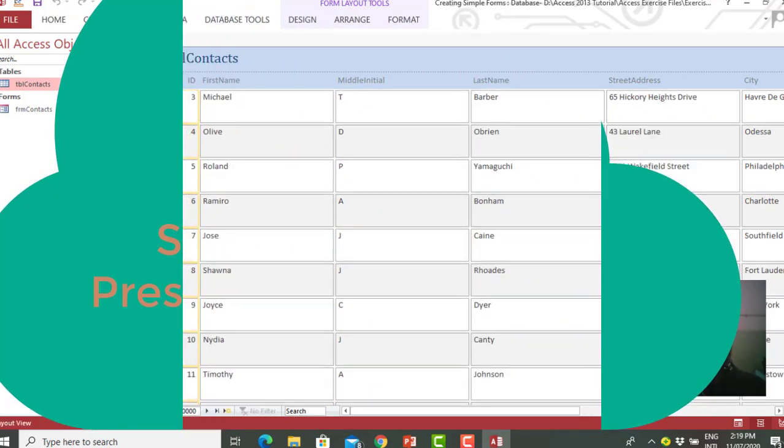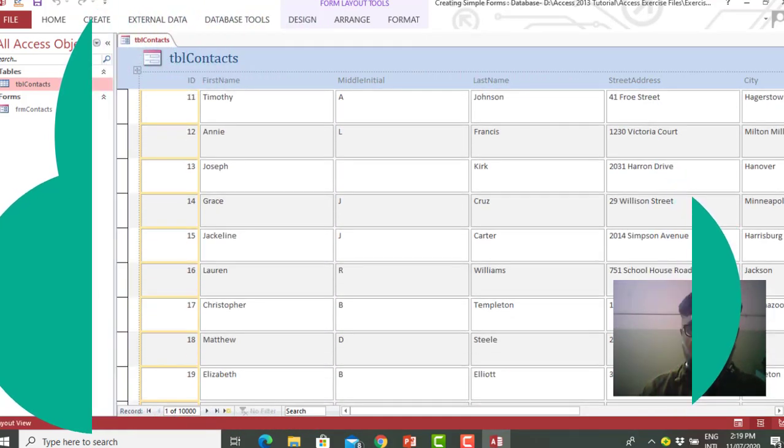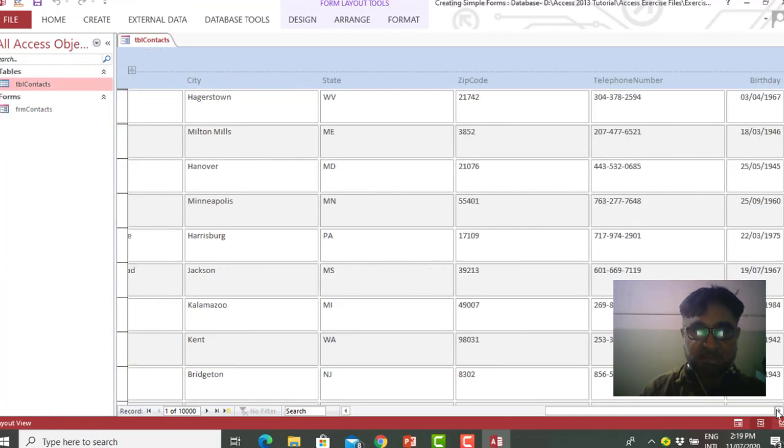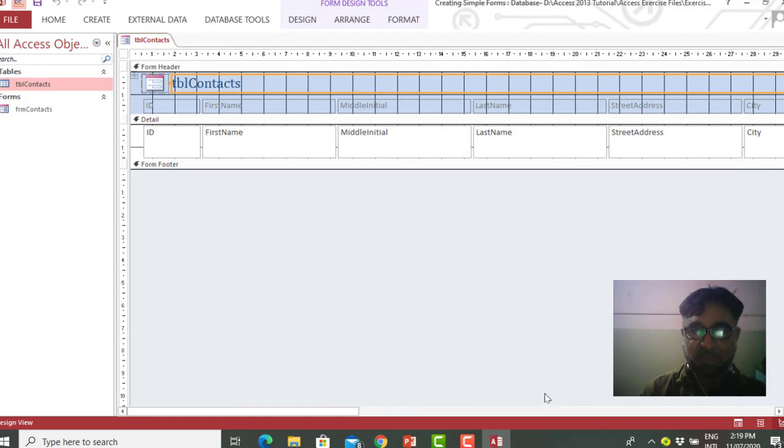Here we can see the records row wise, like this. We can then edit this form in design view like this.